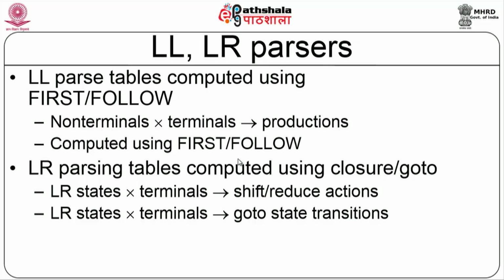That depends upon the shift. A goto of some i comma x will be some ij. So if x is a terminal, at the intersection of i comma x I will have it as shift j. If x is a non-terminal, in the goto section I will have the intersection of i comma x as simply j. And since this parser is not powerful, where it has a shift-reduce conflict also, we went into a canonical LR parser and a lookahead LR parser.